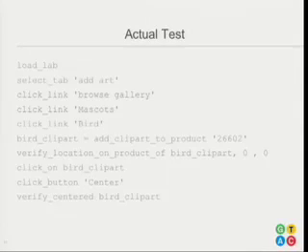Also notice that when you transition between the states, so what I'm really talking about here is select tab, click link, click link, click link, that those link names can mean different things in different contexts. So browse gallery means one thing when you're in the add art tab. It means another thing when you're in the personalization tab. So we had to be able to understand where we were if we wanted to actually get all that technical complexity out. But really keeping the technical complexity out of this is a big win for us,